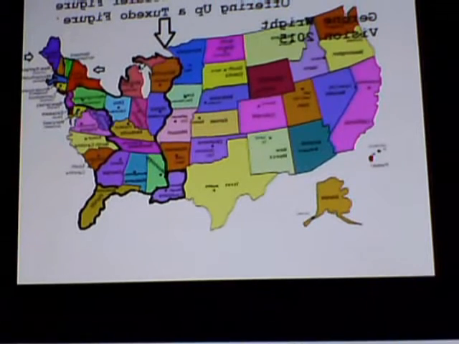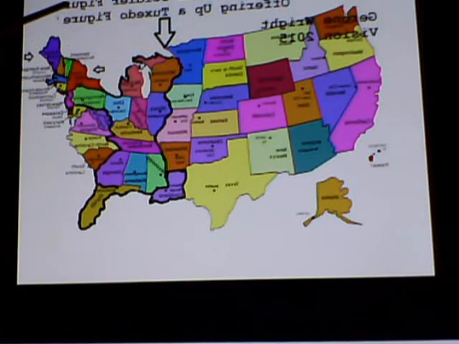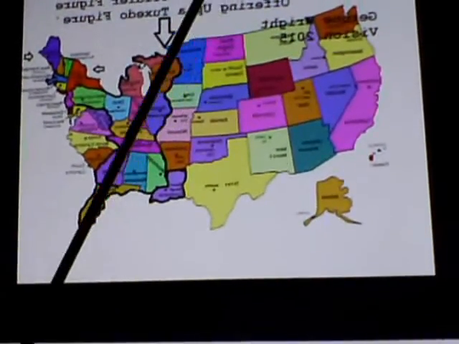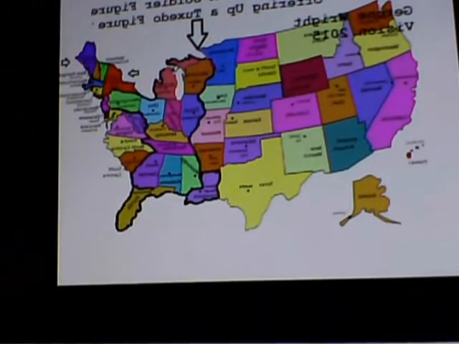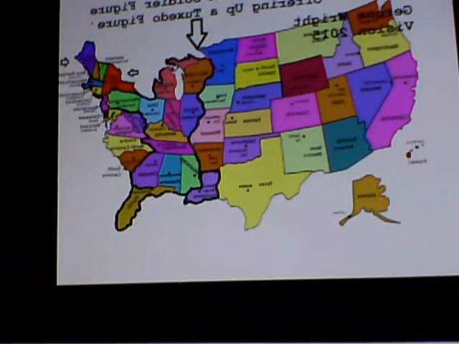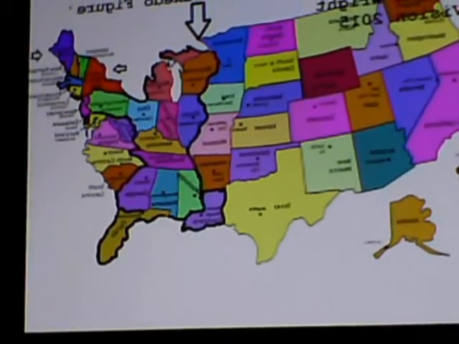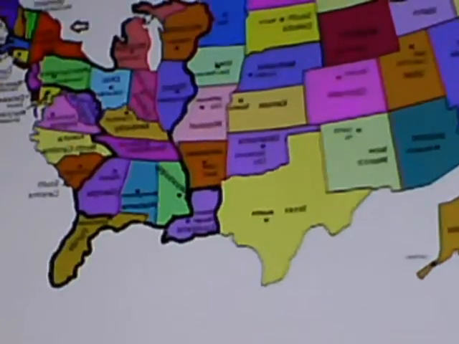Look closely. I've got the Roman Greek god soldier figure offering up a tuxedo figure. Almost like the Penguin in Batman. Look at this. Again, Delaware is the foot. New Jersey is the leg. Here's New York is the butt of it. And then there's this little thing that comes off of New York in the front, and it looks like a penis in the front of this little creature. Look at that. I'm going to bring this in closer so you can see this. Because this is serious here, and anybody that knows their maps and knows what is going on about a hidden secret about all of it.